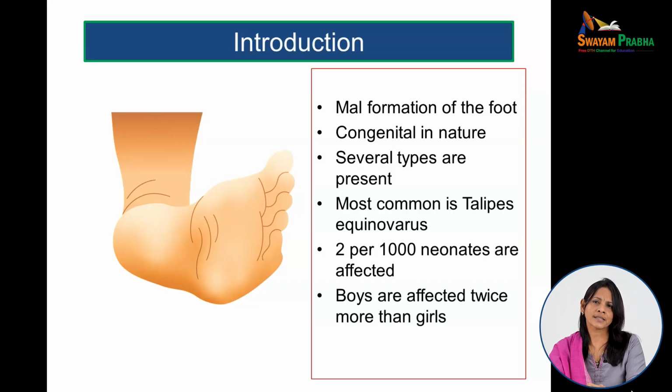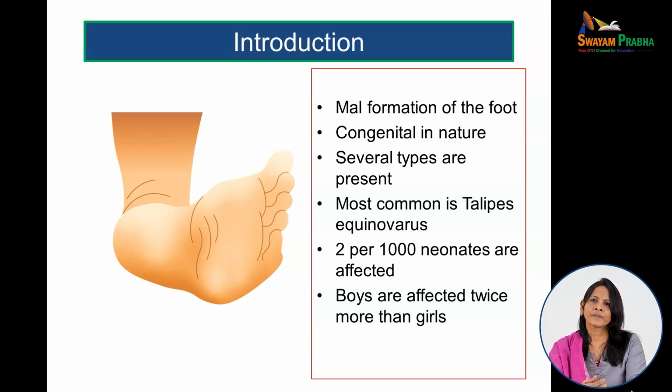Sometimes when there is less liquor, we call it oligohydramnios, the fluid present in the amniotic cavity, which is responsible for many of the functions to take care of the baby in utero. When that is less, oligohydramnios, that can also cause this